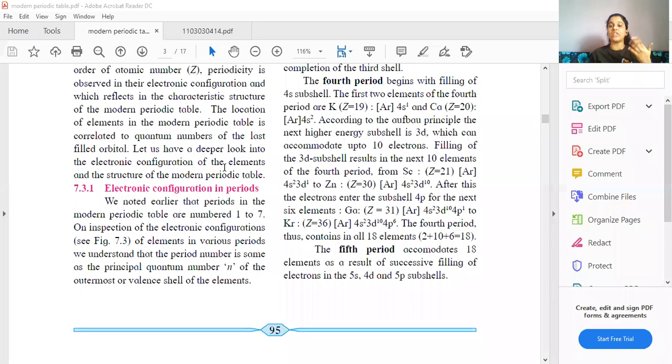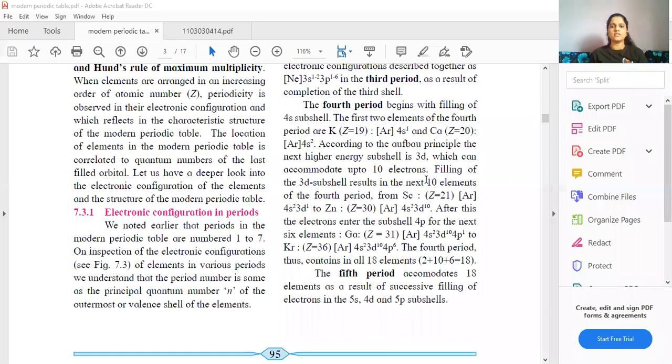So we have to check the principal quantum number, that is n, small n, of the valence shell. All right, fine. So for example, see, here the element gallium. All right, so they have written the configuration for gallium. Students, this is the condensed form of writing the configuration, where you write the previous noble gas or inert gas, because the configuration is going to be the same till that place, and after that you write whatever extra is there in the new element.